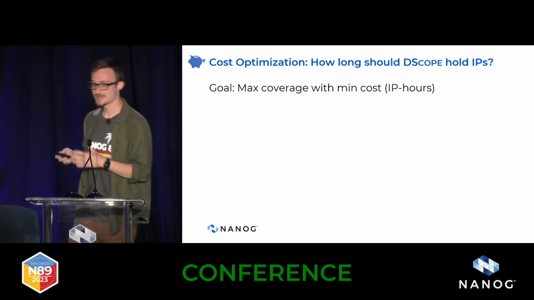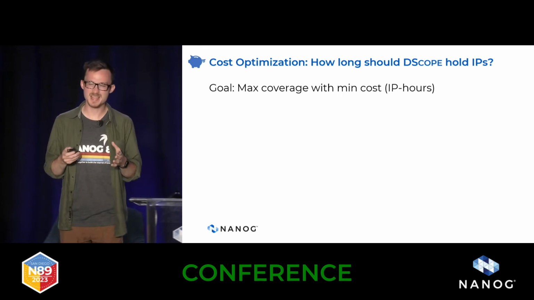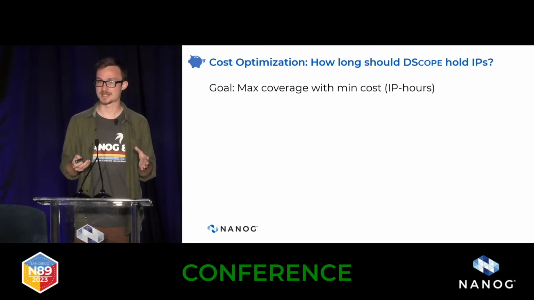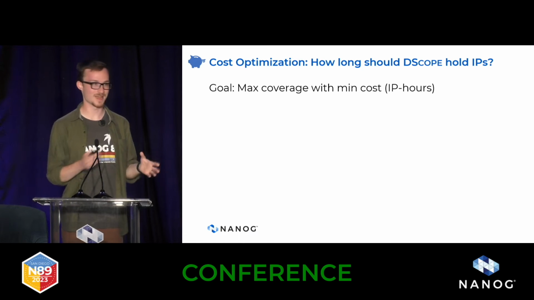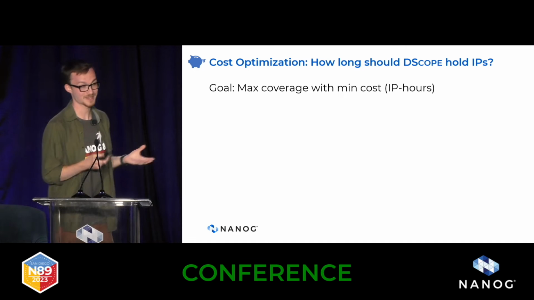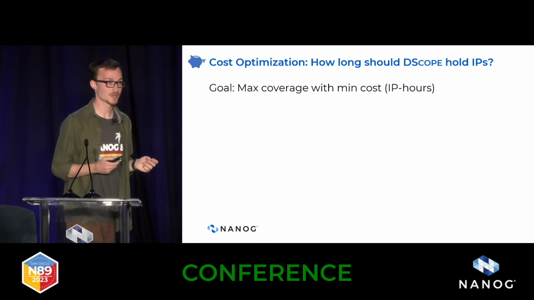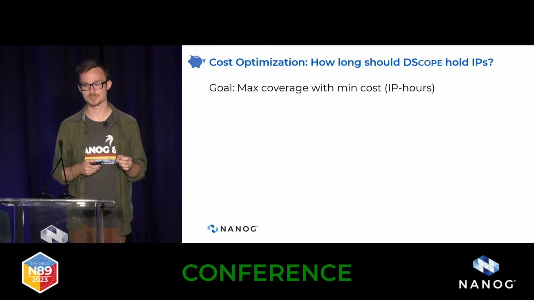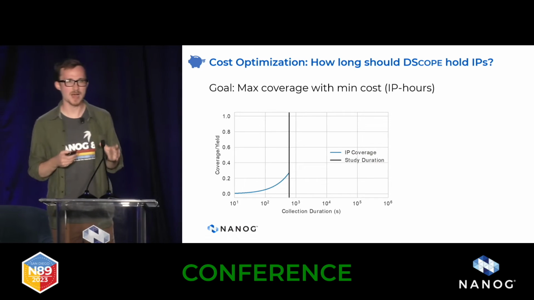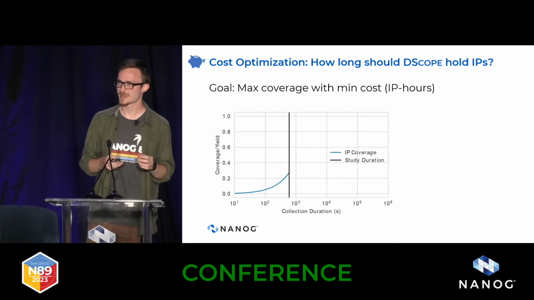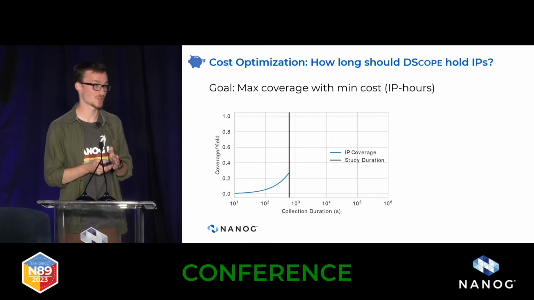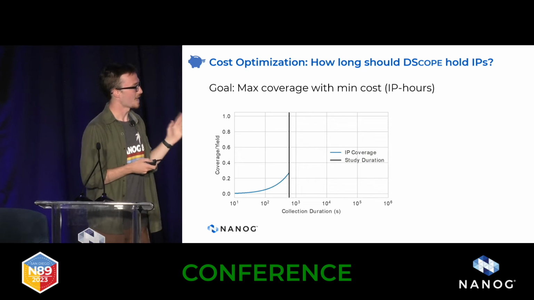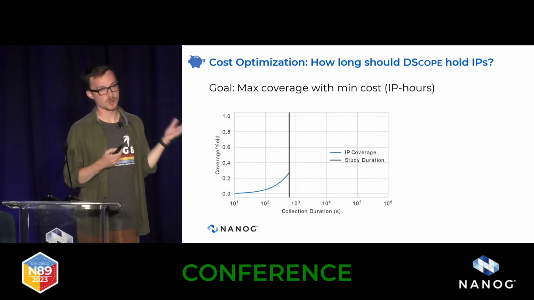Now, we've seen, of course, the benefits of our footprint and interactivity and the benefits of having many, many IP addresses. But that coverage comes at a cost, specifically that we have to pay Amazon for every IP address that we use on an hourly basis, and it can get quite expensive. And so our goal here is to obtain maximum coverage of phenomenon while paying for the minimum number of IP hours. What this really comes down to is how long we hold IP addresses for. Recall that we held them for 10 minutes. Of course, we could hold addresses for longer, but then we could study fewer IPs. It's a trade-off. And so the question is, how does our coverage vary with how long we hold IPs?